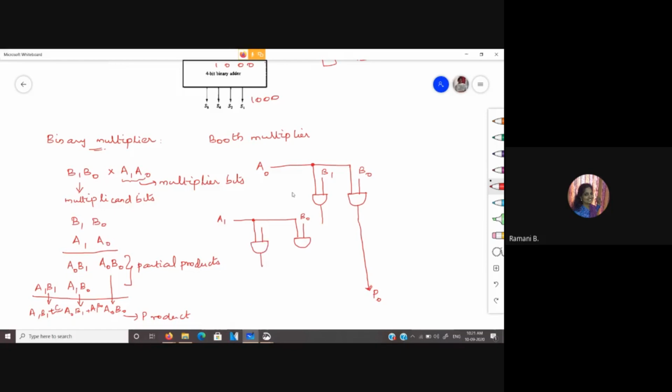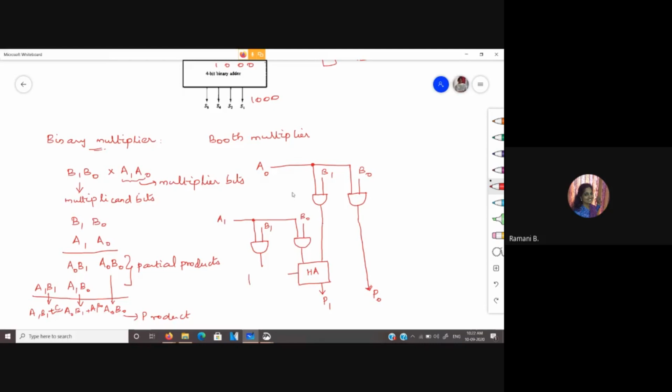So here in this, we are going to use adders. We saw that we will be adding A0 B1 with this A1 B0. So these two are given as inputs to a half adder. As this is a single bit value, we give it as input to the half adder. So you will get the addition value sum over here, which will be the next bit of the product, and the carry you will be having.